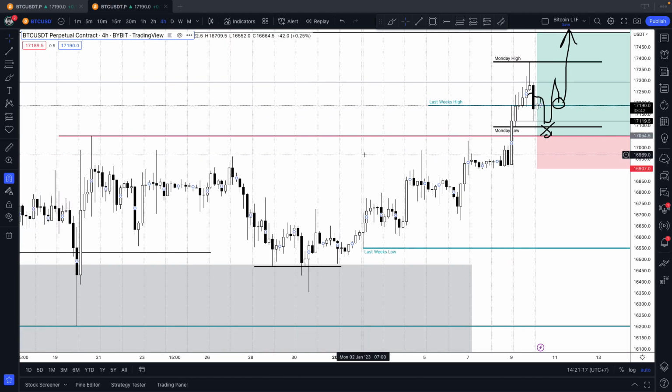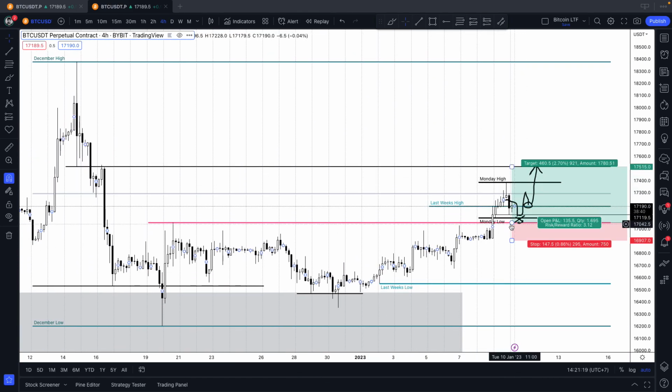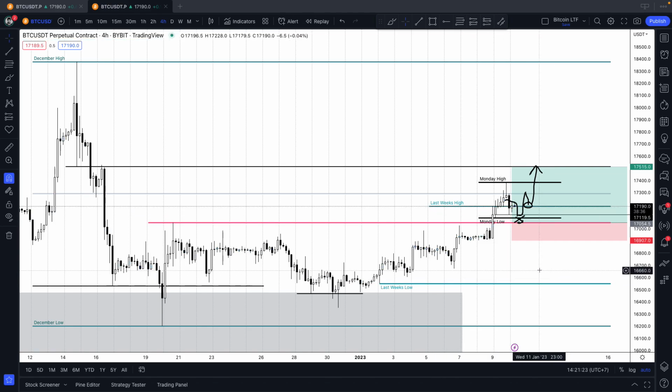H4. Now we went over this previously because it don't look so bad on the H4, and of course it won't because daily obviously looks a little bit different. But the most important thing to note is that we did break out of this. We have only just broken out of this range. Price consolidated, then we had that series of lower highs, and we broke out. We've only just broken out, so we're expecting at least a pullback to retest the pink level on the backside,